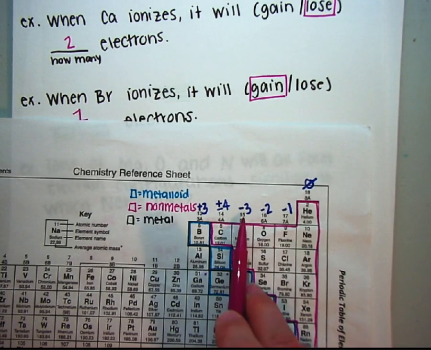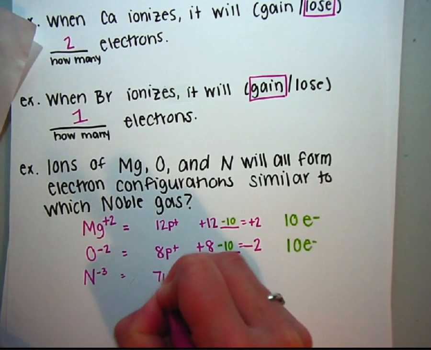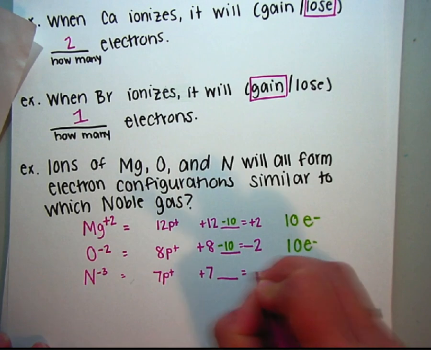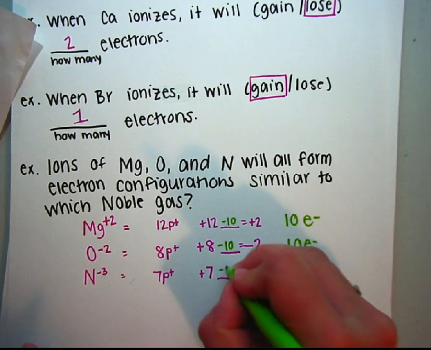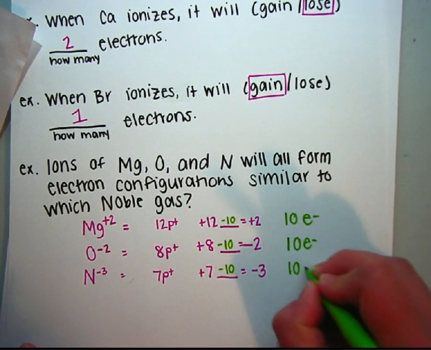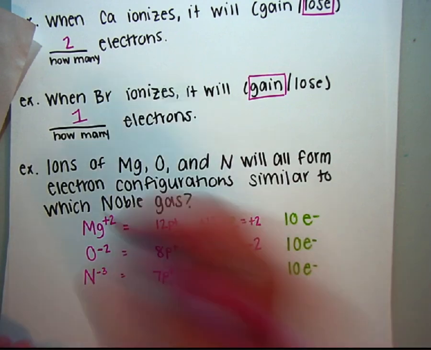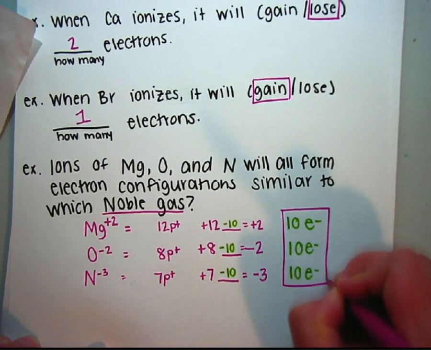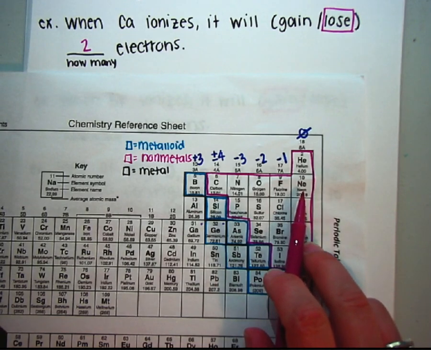Nitrogen, as an ion, will form a charge of -3. Nitrogen is atomic number 7. It has 7 protons. Protons are positive. We don't know how many electrons, but we have to get to a charge of -3. 7 minus 10 equals -3. This nitrogen ion also has 10 electrons. So now let's go back and answer the question. Which noble gas has 10 electrons? Find atomic number 10. Our answer would be